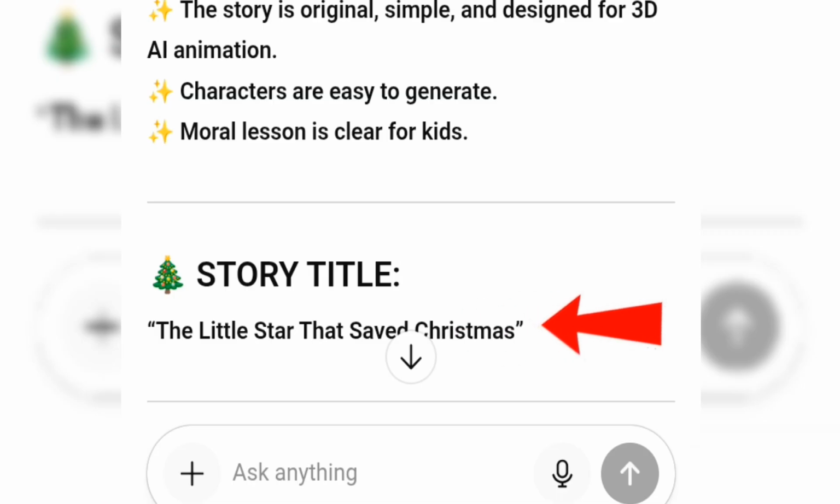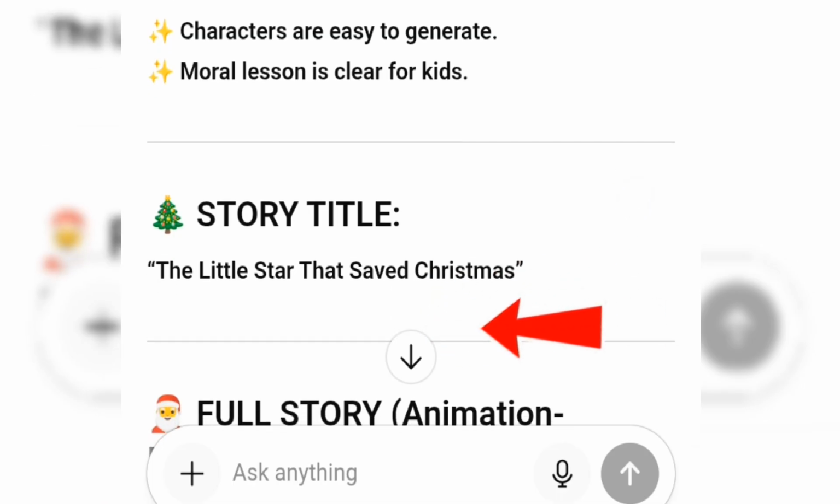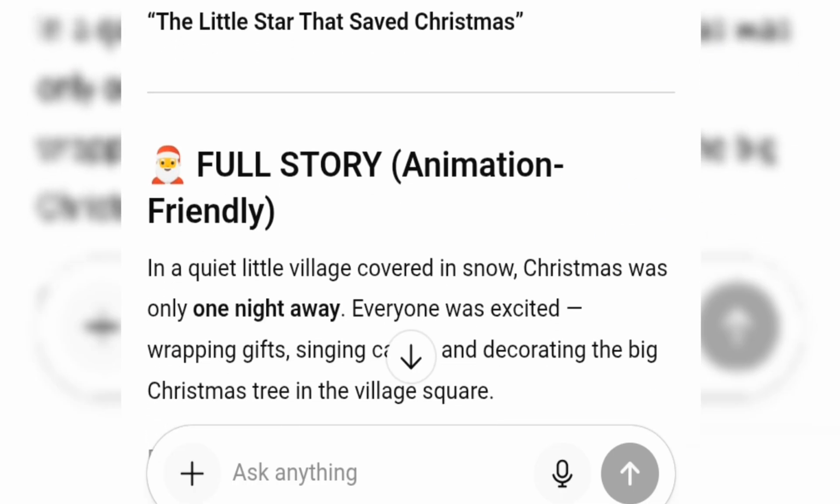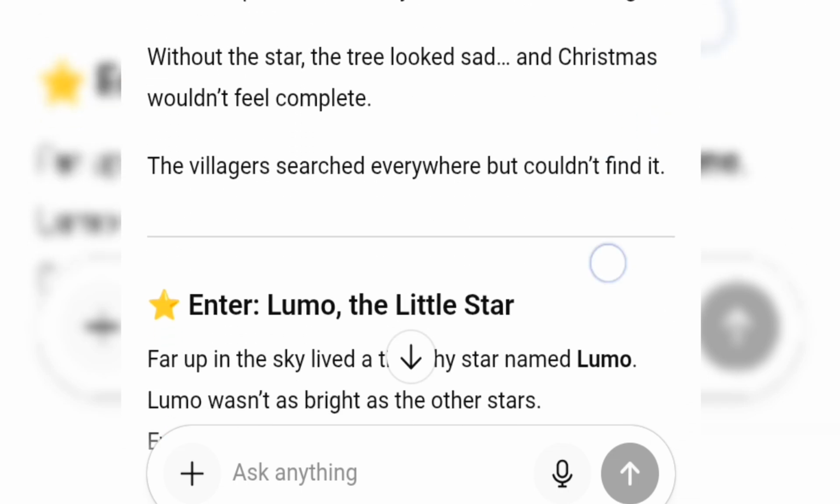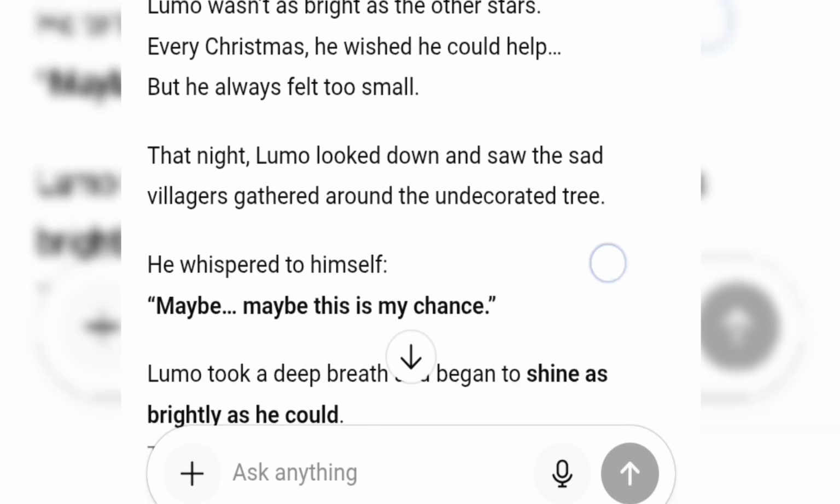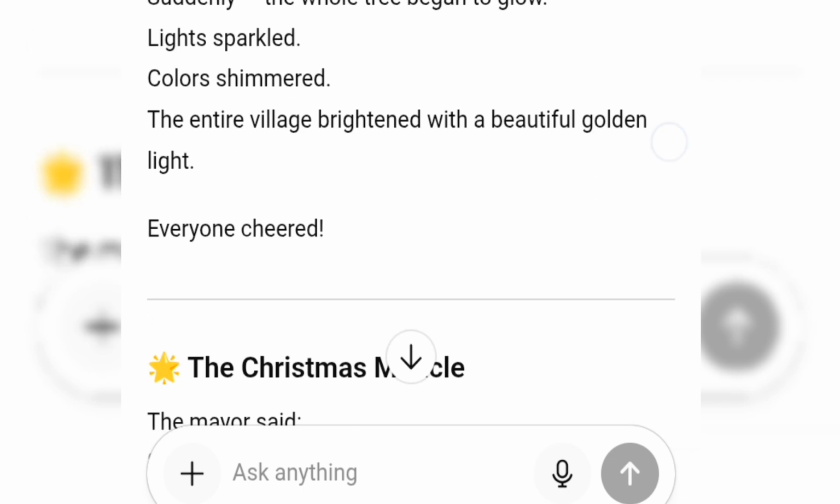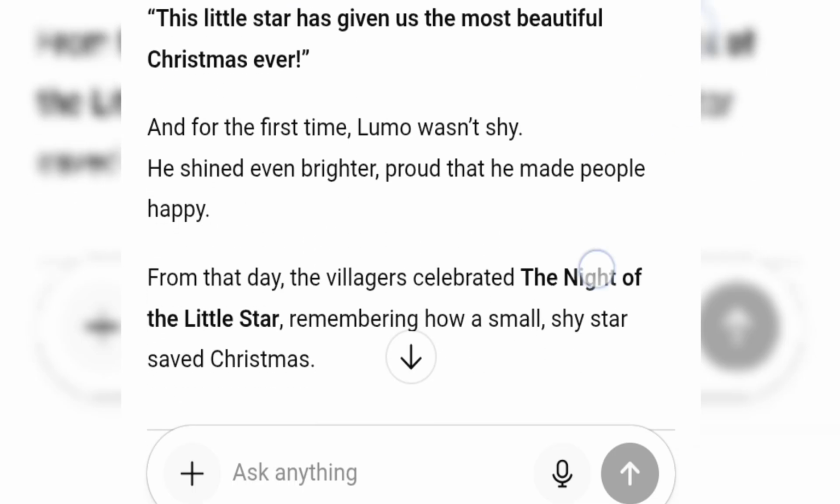As you can see, the title of my story is The Little Star That Saved Christmas. That is the title of my story. So that is what you are supposed to do on ChatGPT. Ask any type of story you want and it will give it to you. You can come up with your own story. It can also work, but you also need the help of ChatGPT to break down the scenes